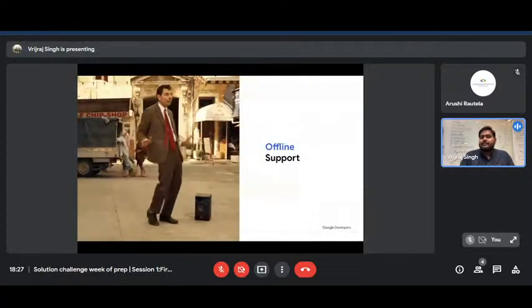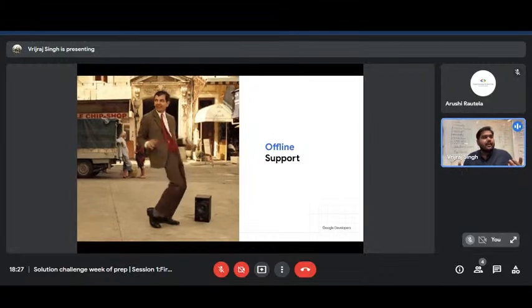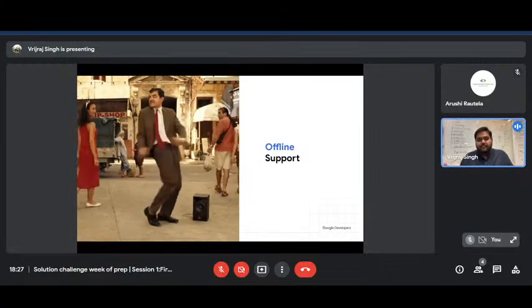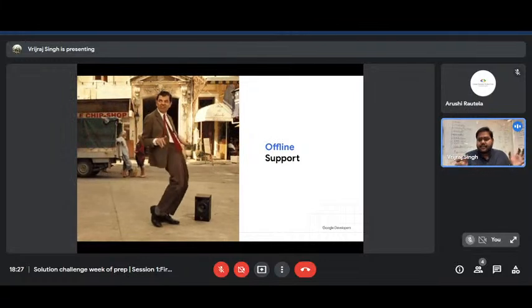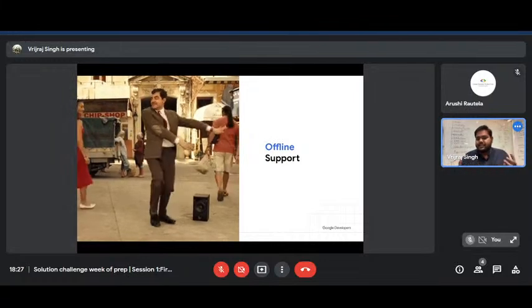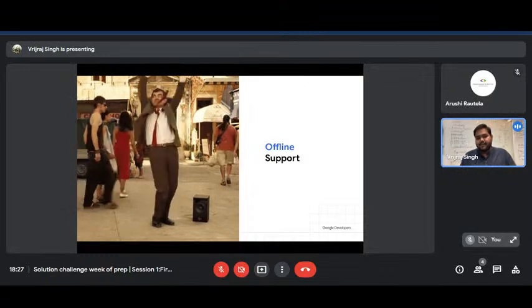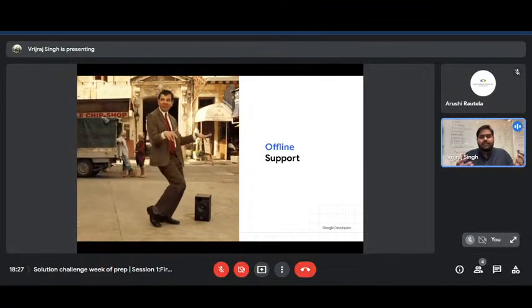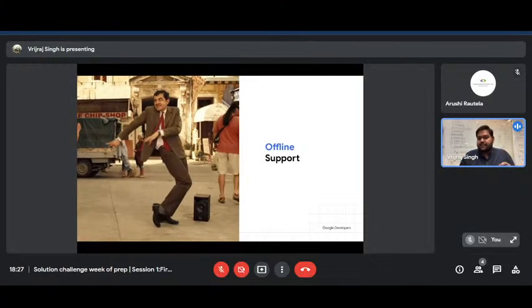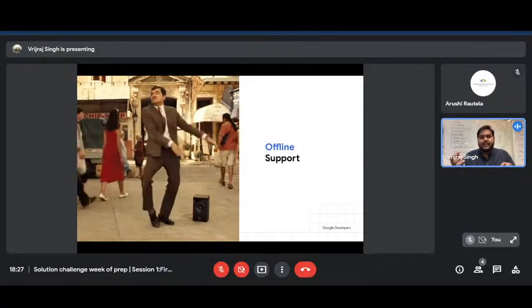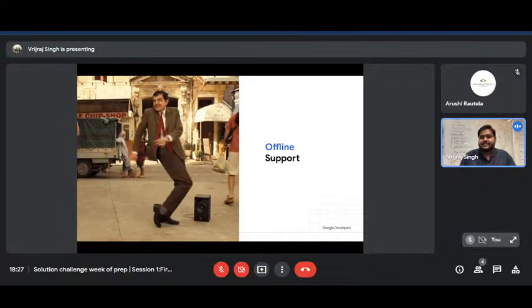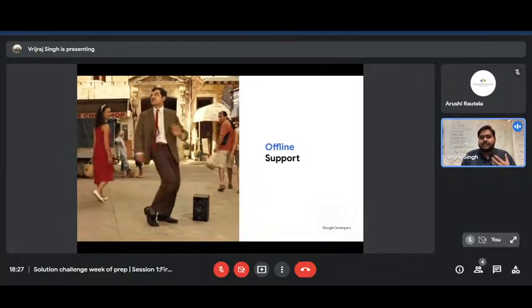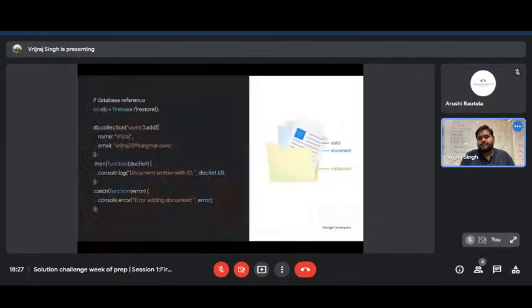One of the best things about Cloud Firestore is, let's say you are out of the network and you have put some messages in our application. It will automatically sync, and you can still access the application in offline mode. It's like WhatsApp: if you are out of the network, you can type some messages, and when you get back into network coverage it will automatically sync those messages. Same here, it works as offline support.